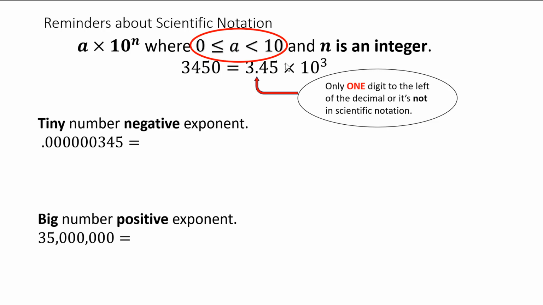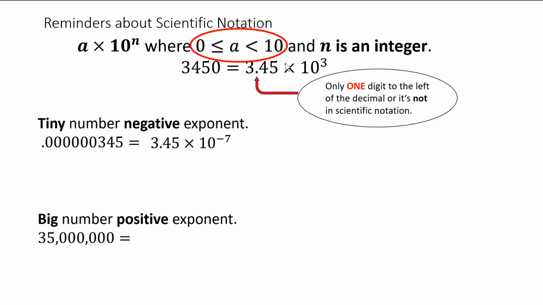0.000000345, you're going to be writing that as 3.45 times 10 to the negative 7, because you're saying, if I have the number 3.45, I want to move the decimal 7 places to the left to get the number I'm talking about, which is this tiny number, 0.000000345. So when you use a negative exponent on 10, you're expressing a tiny number. And that's the purpose of scientific notation, to express tiny or gigantic numbers,